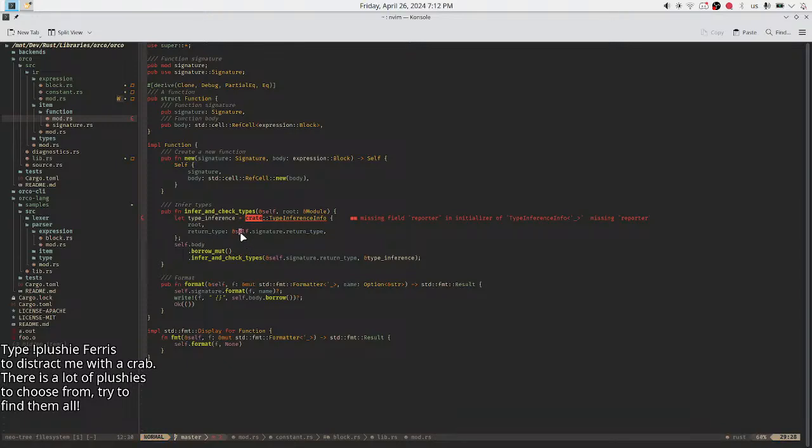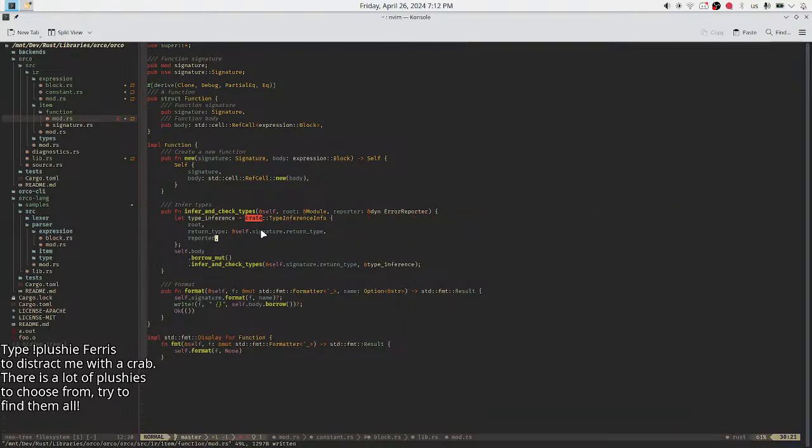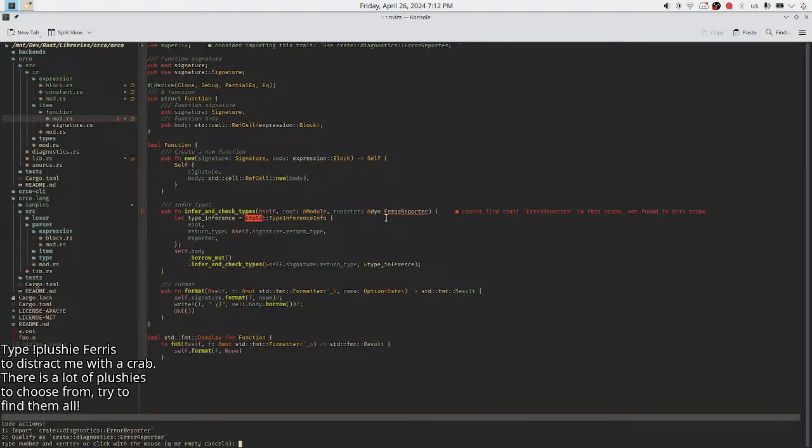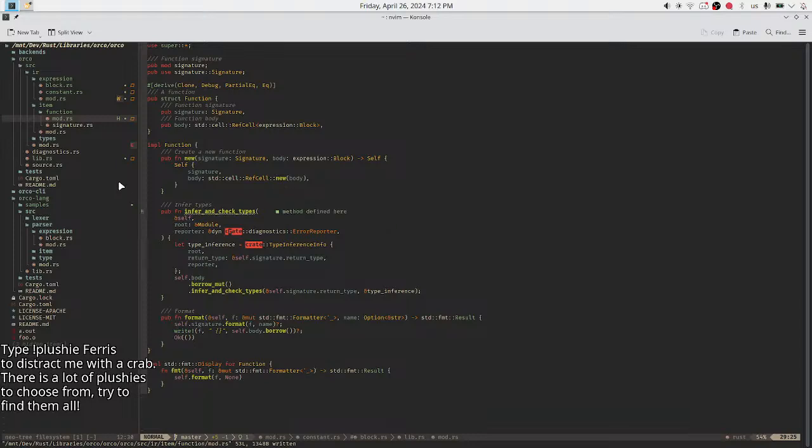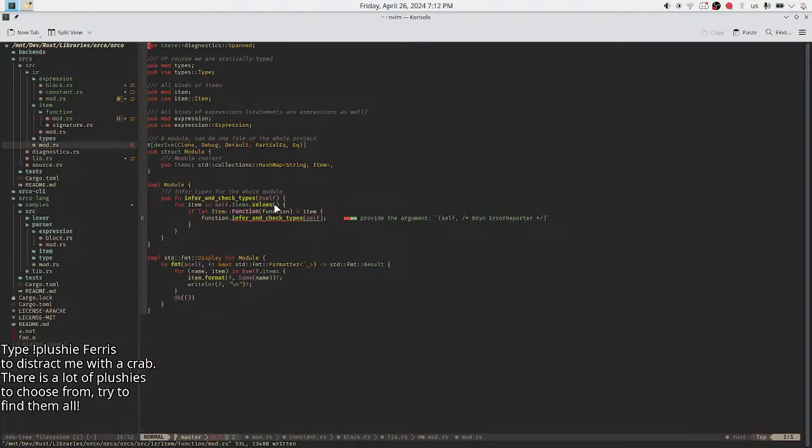Oh, it's because I'm missing a field from check types. I'm going to need to pass a reporter here. So I'm going to put a reporter here. Qualify format. So next step is this. Here I'm also going to put a reporter, not a root. A root is a module.